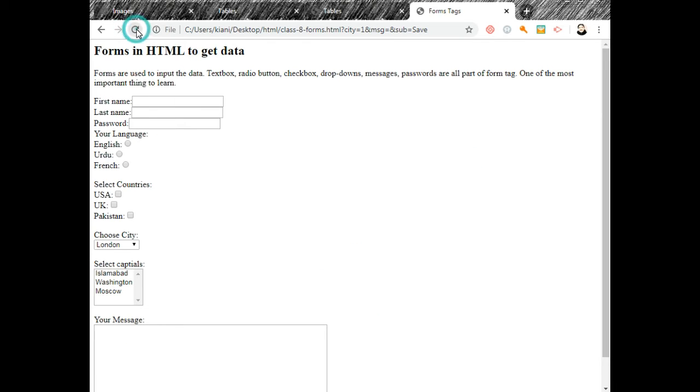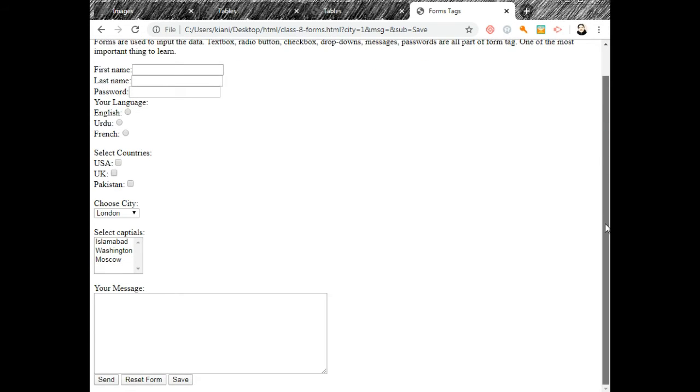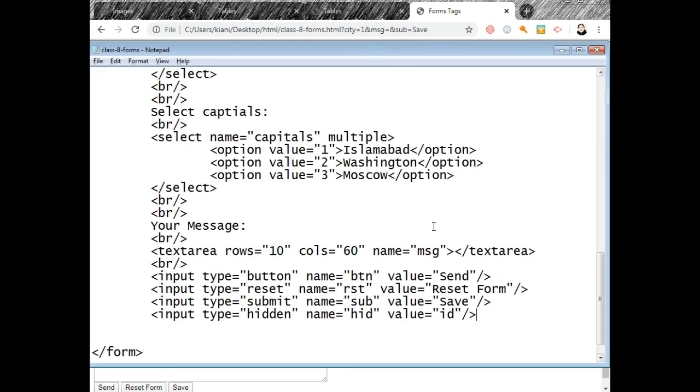Save it. Okay, nothing. Input type hidden means this input will be hidden, but it stores the value ID. Name is equal to HID and ID, for example, I write ID 100. There is some result and this is the roll number.